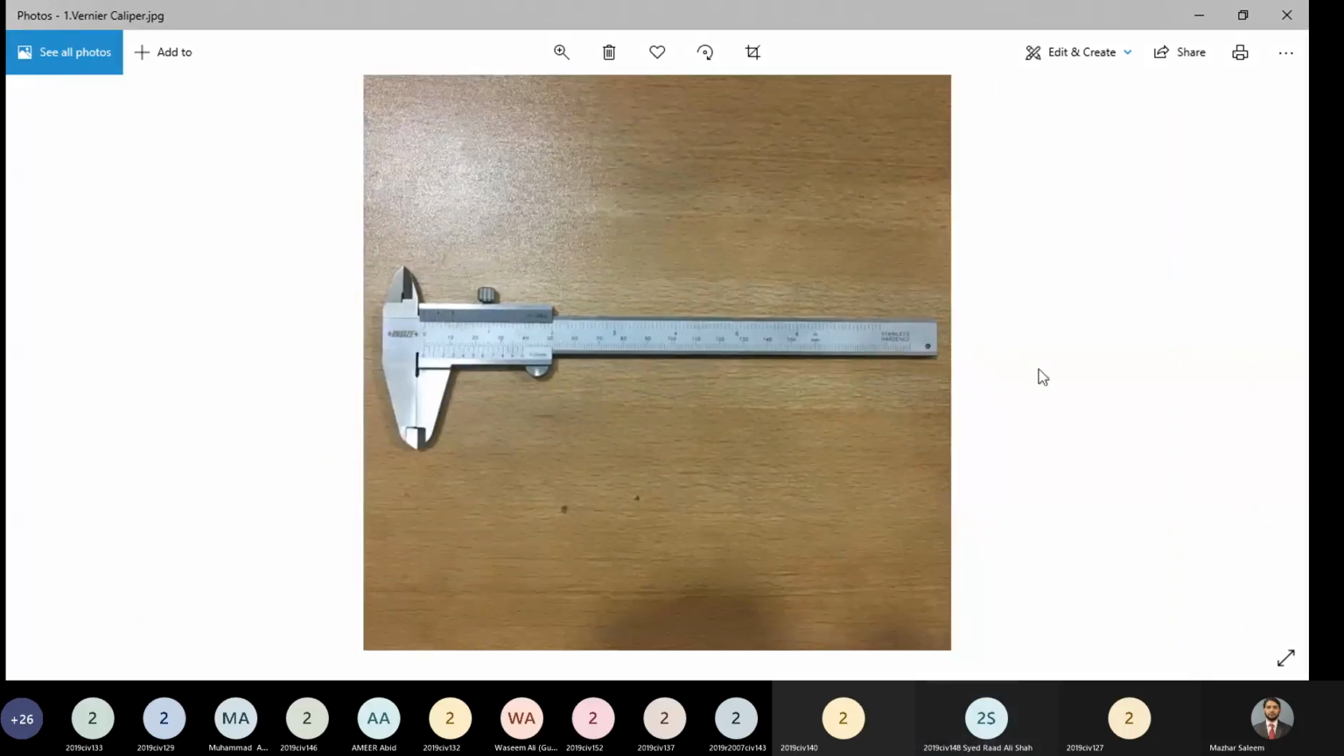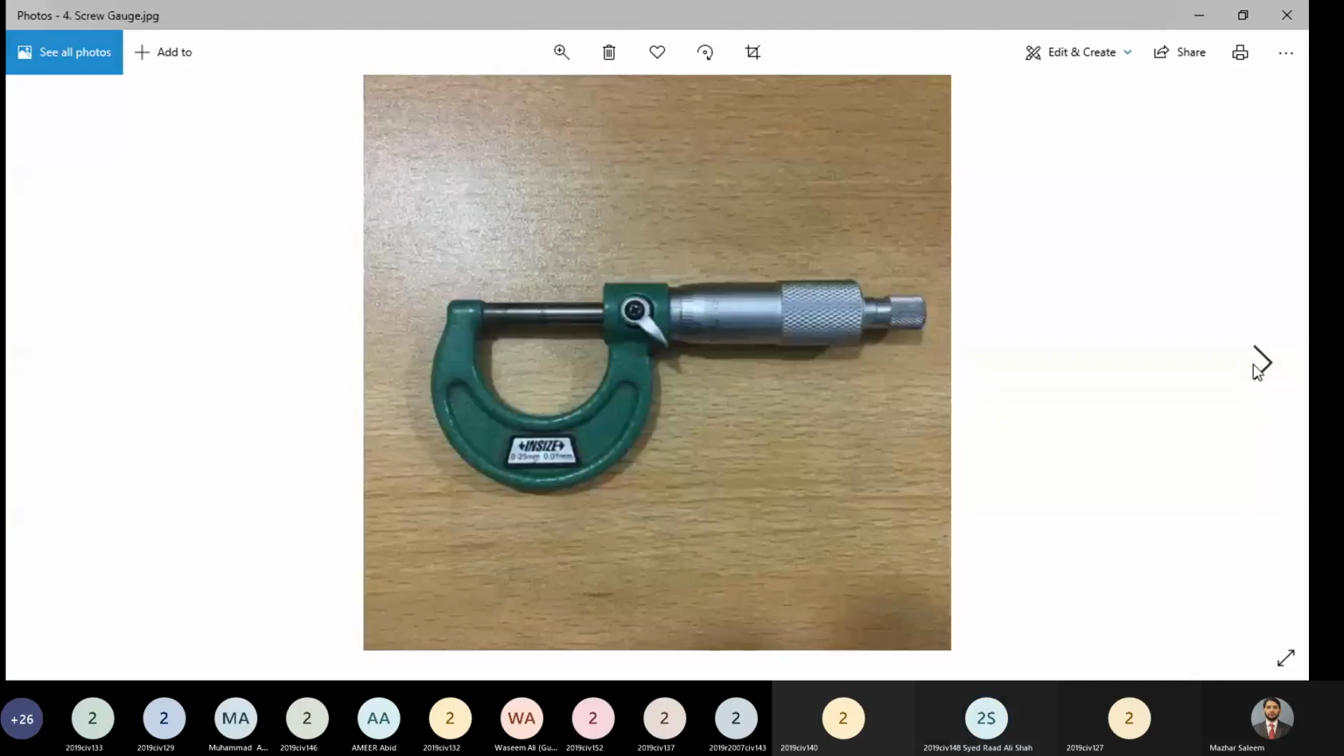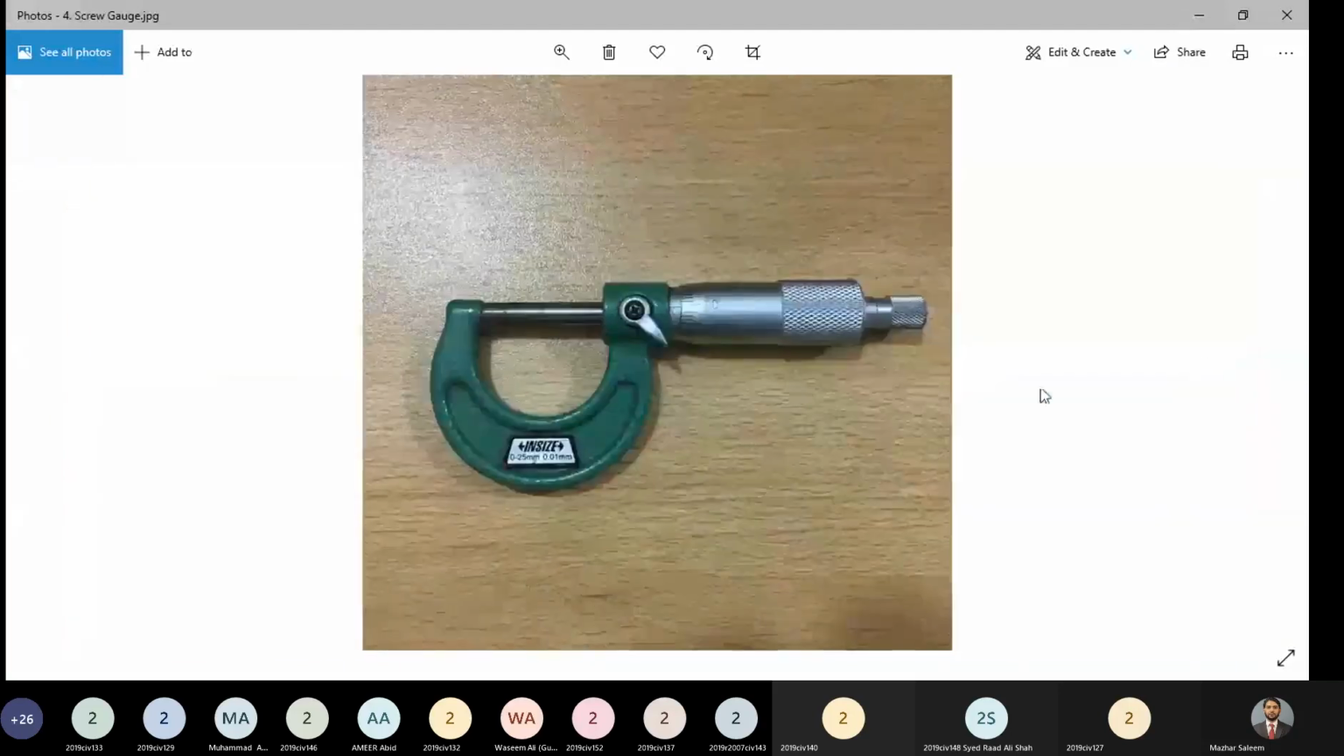Yes, sir. Okay, so now let's move on to screw gauge. We have already discussed what a screw gauge is. Right now it is not fully closed. Okay, let's see